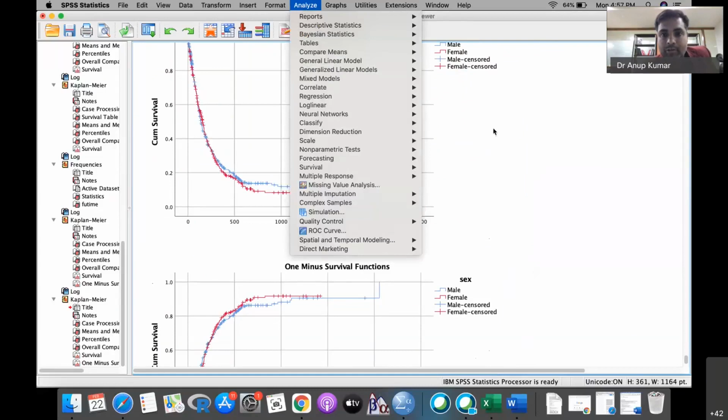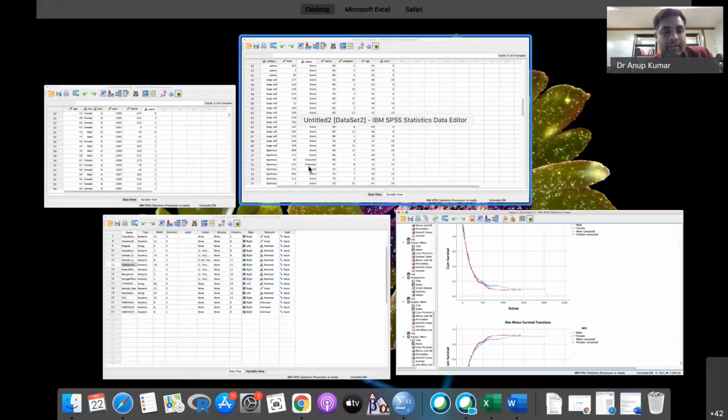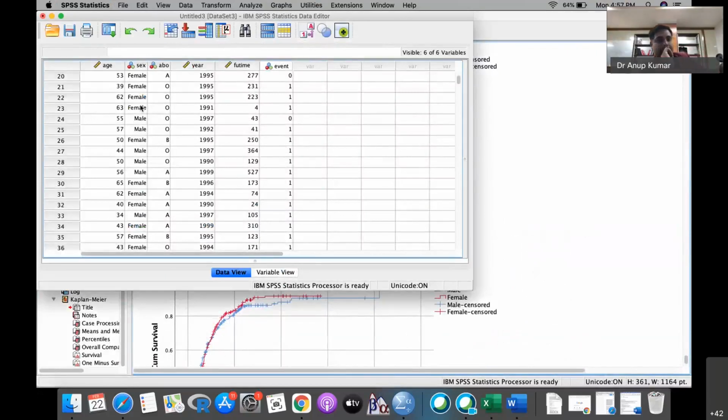Now, one question is, what is the role of age on this? Since age is not a categorical variable, this is the problem faced by people: how can we see the impact of age on this survival analysis?